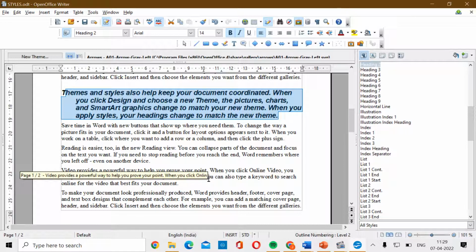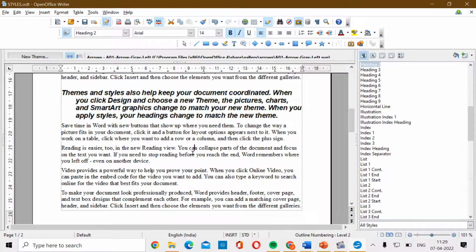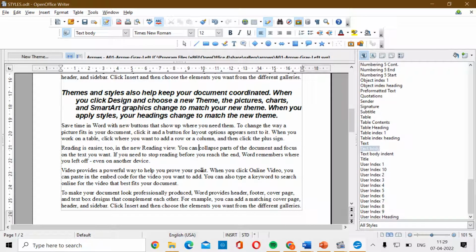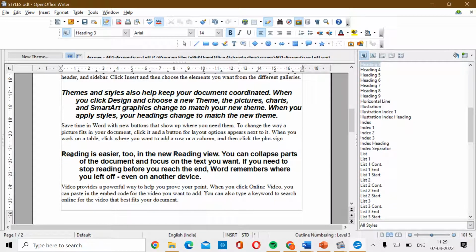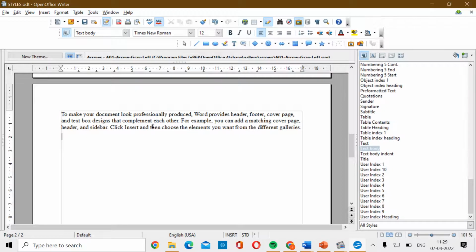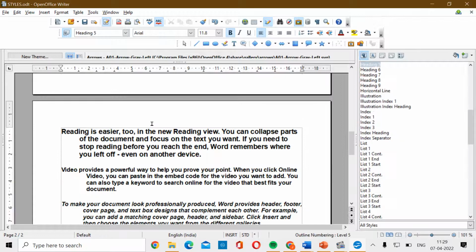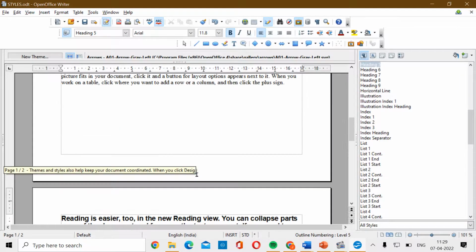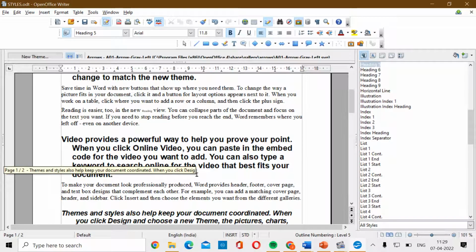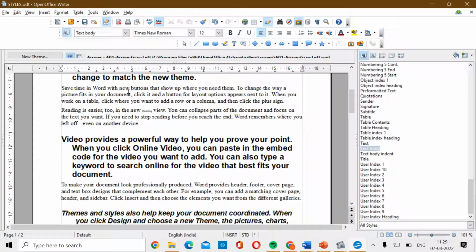Now you need not even select the paragraph. All you can do is bring your cursor here and press control 3. Just see, this paragraph has changed to heading 3 style. Similarly, we can also change it to heading 4 style. Now for heading 5, you can press control 5, right? And so on. Like this you can use the shortcut keys from control plus 1 till control plus 9 to apply all the different heading styles. If you press control 0, it will apply the default style called text body.